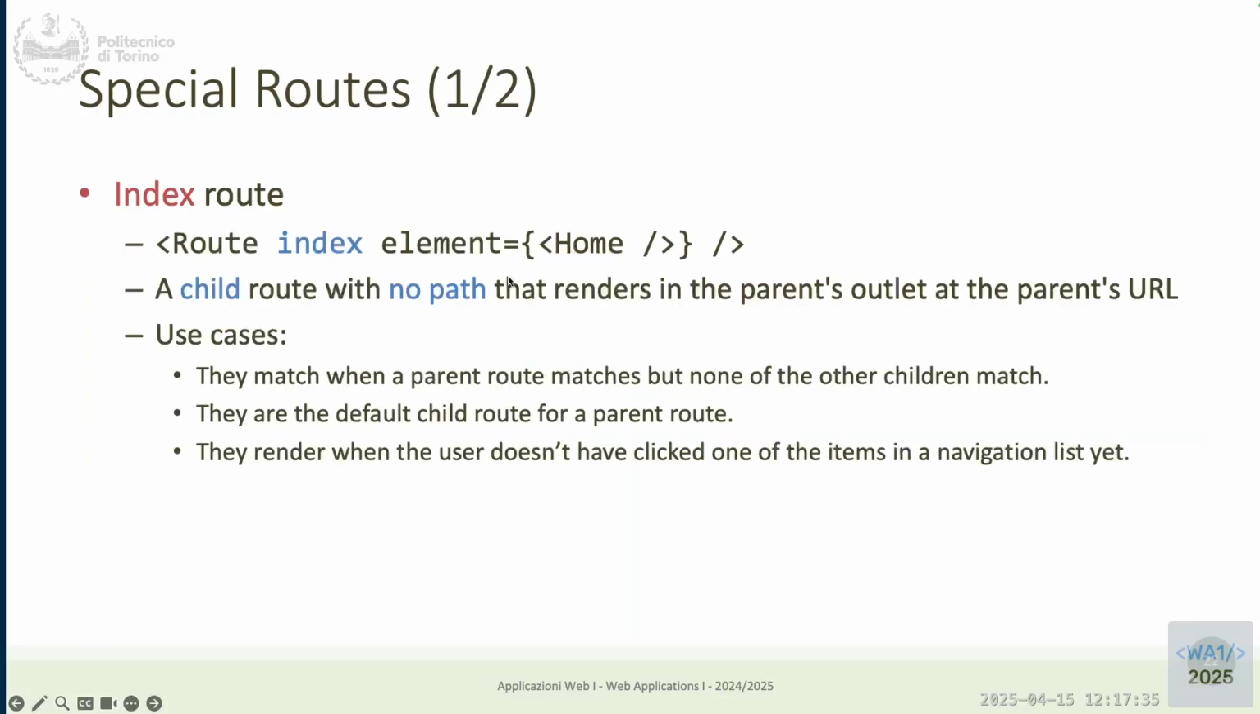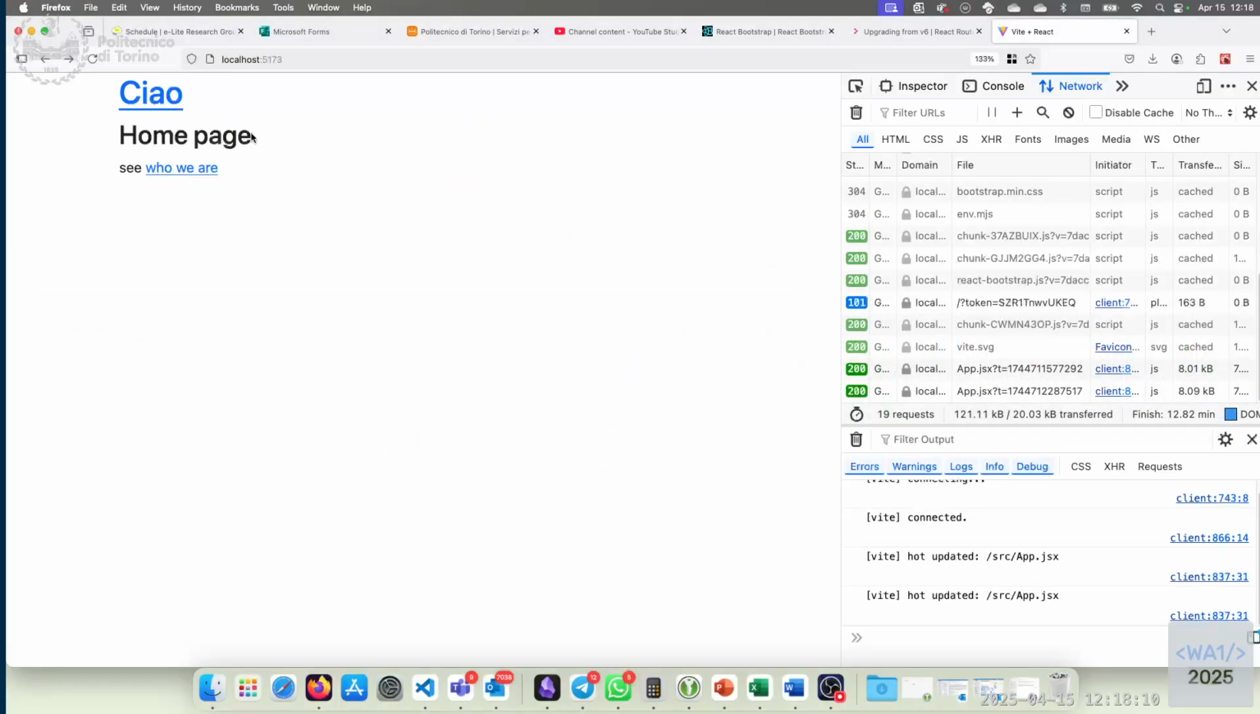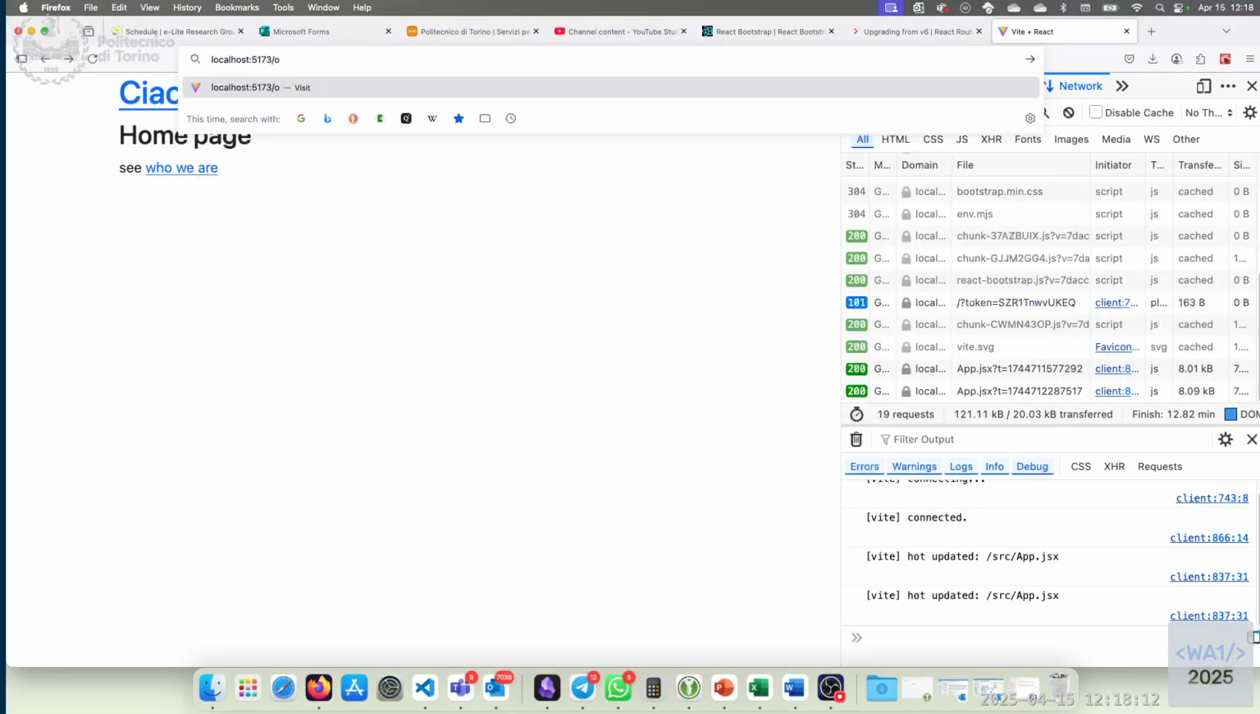And then there are some special routes that cover common cases. I said before that inside the routes switch, one and only one route is rendered, and the one that matches best. But what happens if none of them matches? Okay, if no route matches, well, let's see. We have main and about. No, sorry, main, we don't have the question component, so let me comment it. Home and about. And if I write route something else,